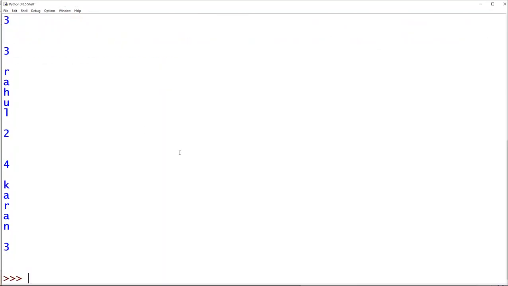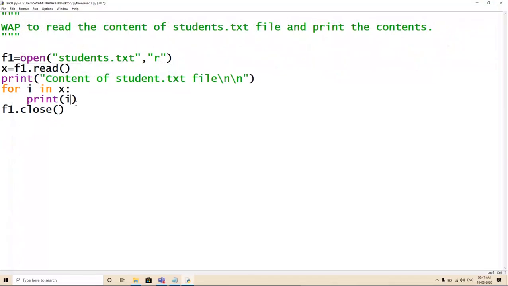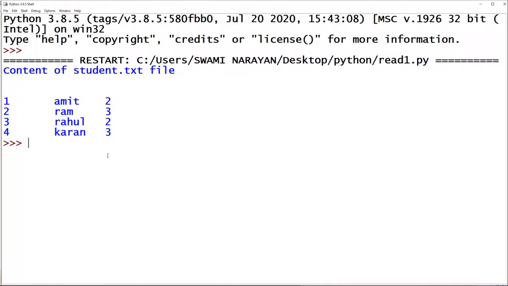See, this is showing in a different manner. Actually, this is not a different manner. You have used the print function, and what is its behavior? To bring the cursor down. Its behavior is to bring the cursor to the next line. So change the end. Now you will see, it will not do that. See now.